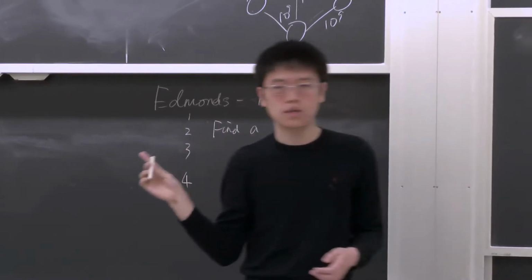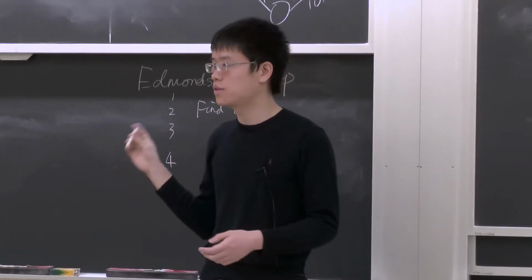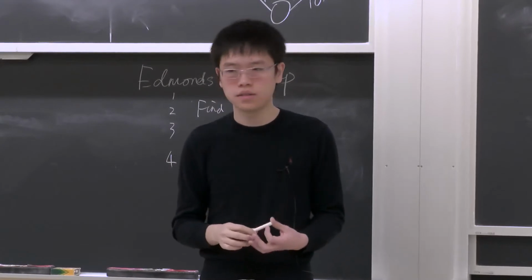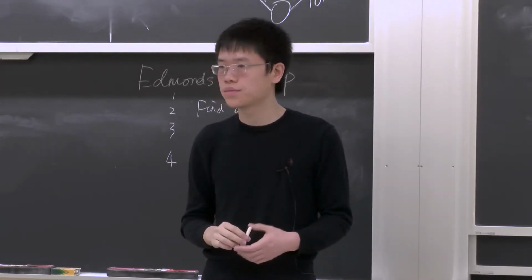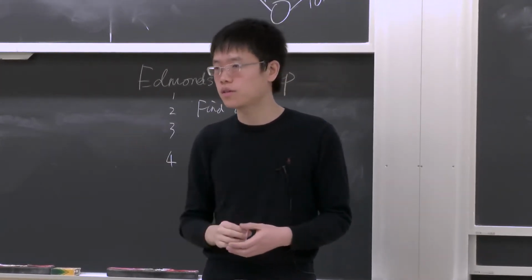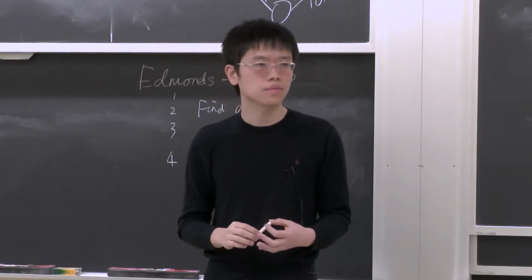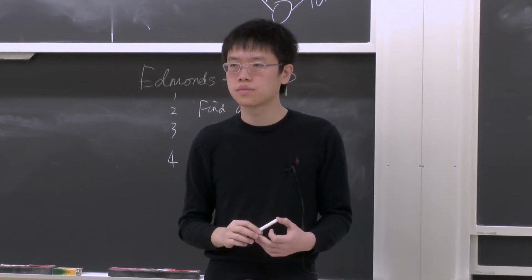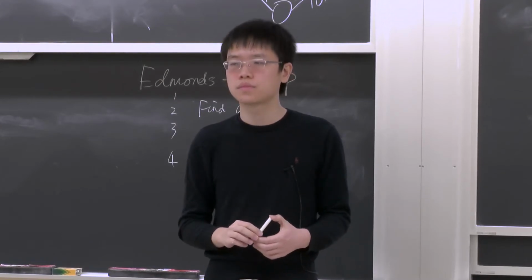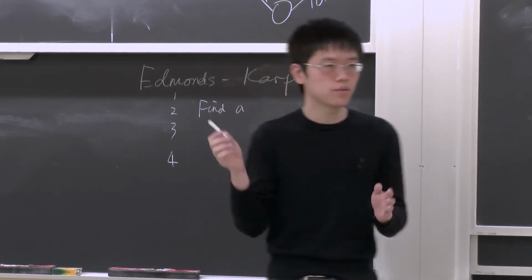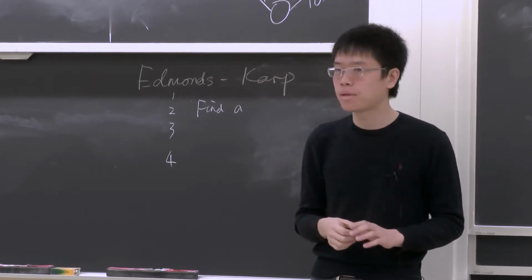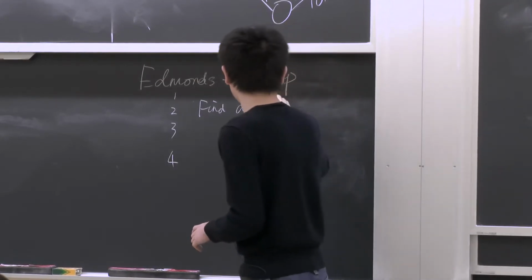Did Srini cover this in the lecture? That what path Edmonds-Karp finds? I see some people nodding. Okay, go ahead. You run the breadth first search from the source to the sink in G_F, take the shortest path. Okay, does everyone agree with that? So Edmonds-Karp finds the shortest path